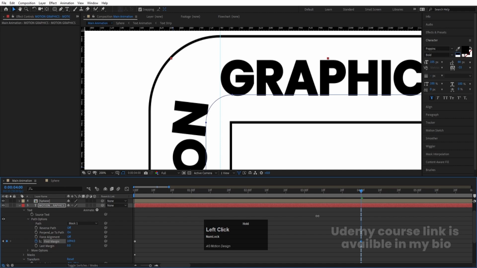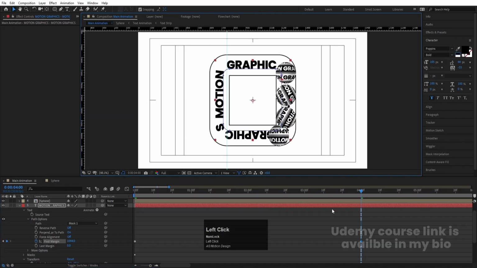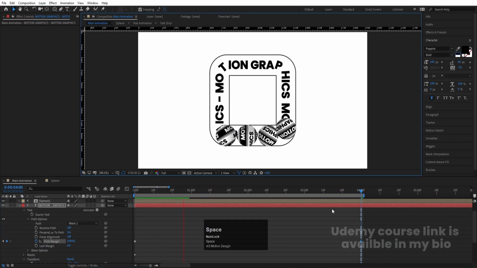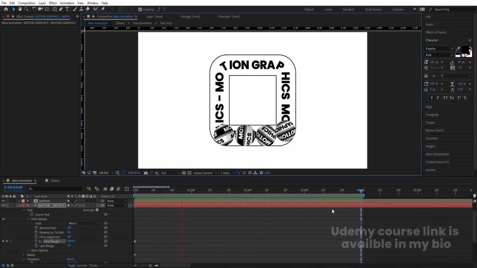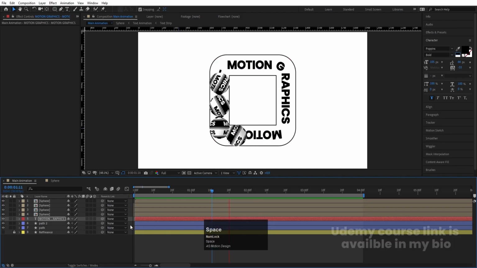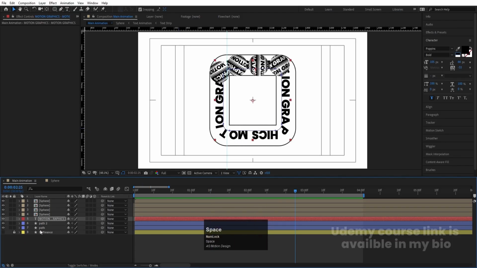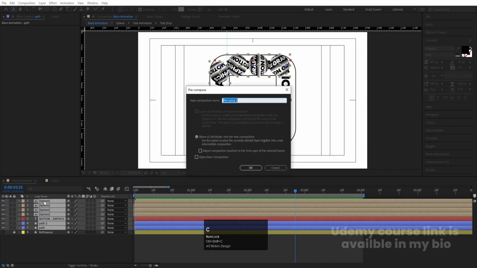Okay, so at this value, which is 1094, we are getting the same look over here like this. And if I hit N over here and see this animation, I'm going to get this animation continuously in the form of a loop like this. Okay, so we will get something like this, and you can select all of them and press Ctrl Shift C, and you can call it animation, or let's call it looping